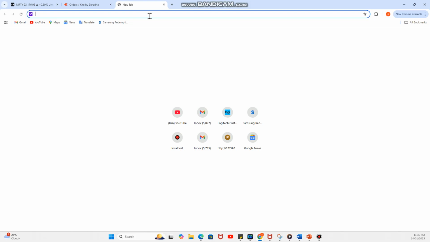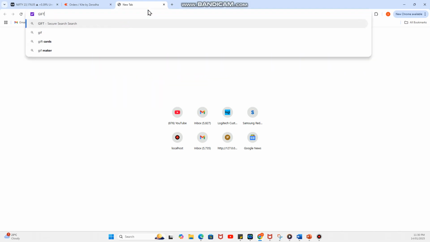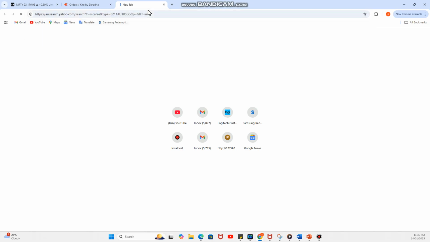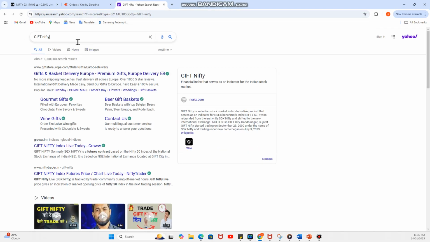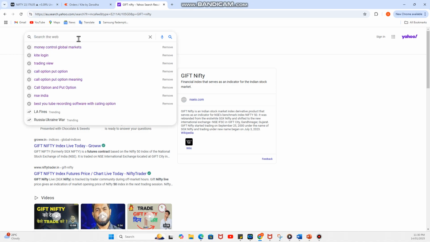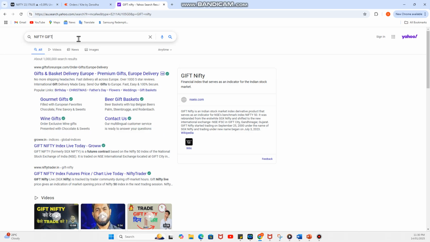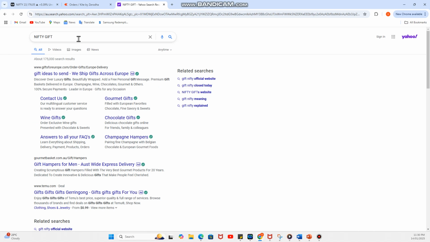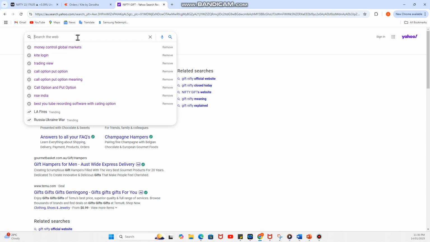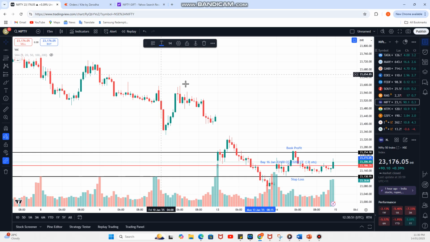So today, other than Japanese market, all the markets are trading in green. So that gives a clear indication. And also the other parameter that I used is GIFT Nifty. So you can look at how GIFT Nifty is trading. So that's the Nifty trading in Singapore market. So that will also give you an indication of how the market is likely to open. So based on these parameters, I made a trade decision that today's market is going to be bullish. And along with strategy 1, that's the